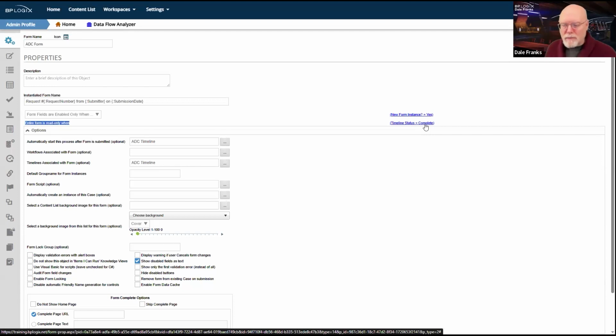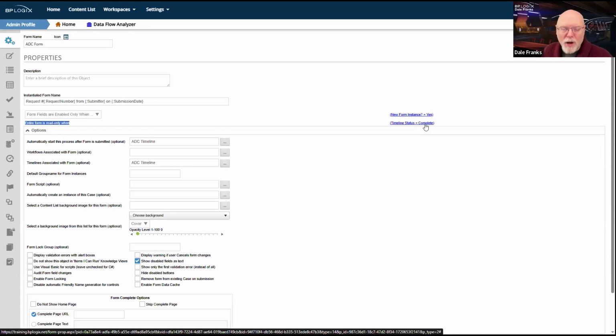it simply doesn't happen. So I am going to set the form to read only as soon as my timeline completes. Once the timeline is complete, this form is no longer editable. It's not perfect, obviously. Anybody who has access to the form definition itself, which should be a very small number of people, could technically open up the form definition. They could just disable this particular condition and remake the form editable.